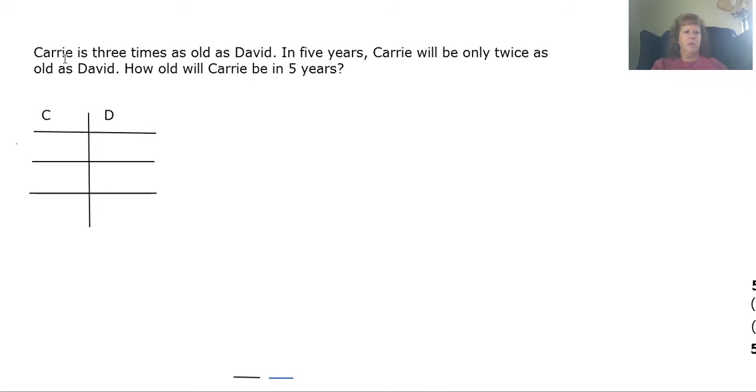And the first couple of words here tells us that Carrie is 3 times as old as David. So we're going to put 3x for Carrie, which means David will just be x. Because you're always going to have one column will have x and the other column will have x plus additional information. So in 5 years, which means we're going to show 5 years from now added to both Carrie and David, Carrie will only be twice as old